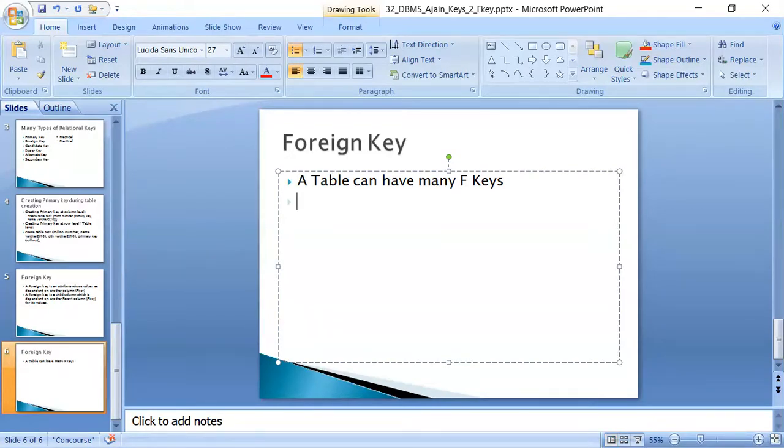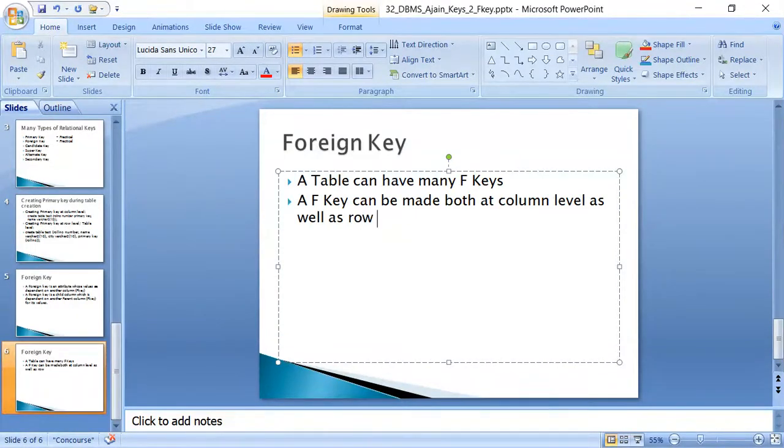And a foreign key can be made both at column level as well as row or table level, as in the case of primary key. I will show you the example.